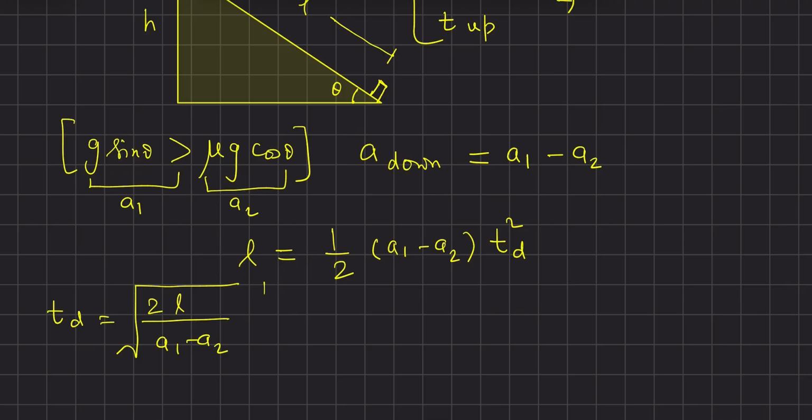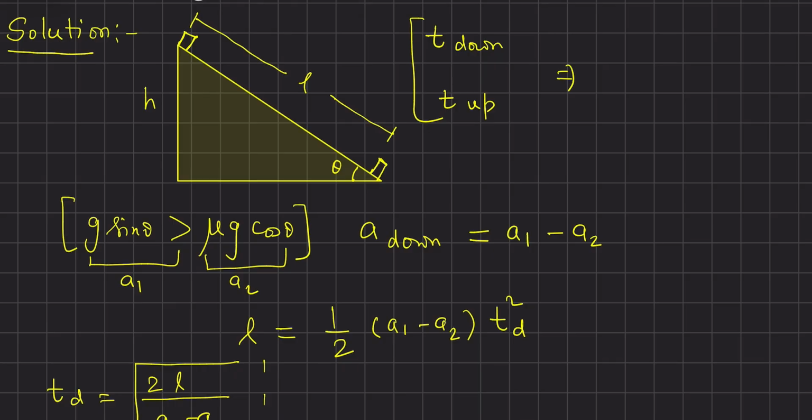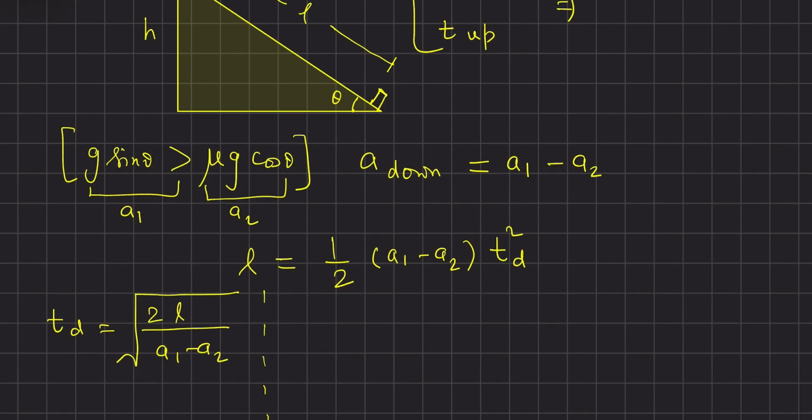Now the second possibility which we have to talk about is when it is going to be ascent, and it is going up. In that case, the velocity that we have to give is so that it can just reach up to this height, that is our target, the topmost point from where it has been dropped. So its velocity is going to be 0 when it reaches that point. So using the idea of v square is equal to u square plus 2as,